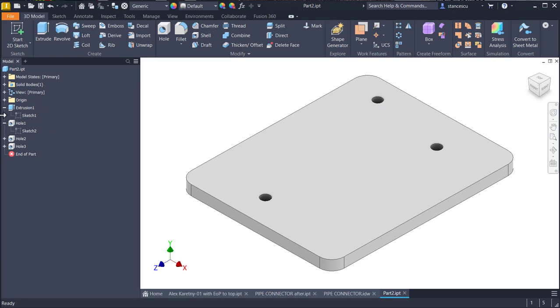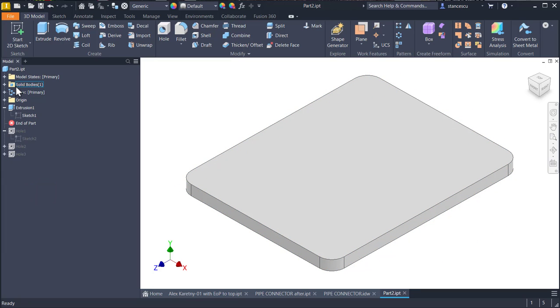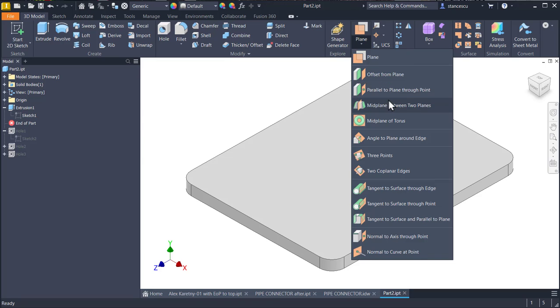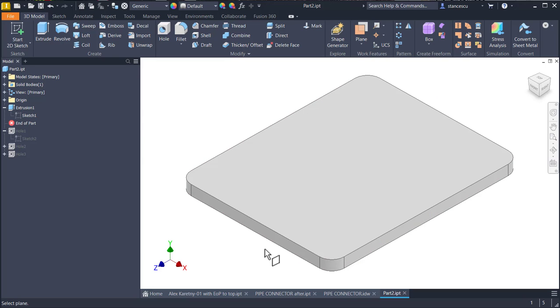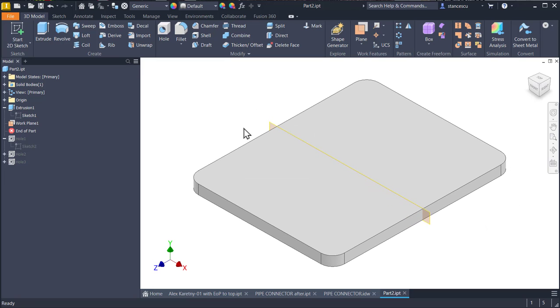This is why we move the EOP just here after the first feature, and now I create a plane, mid-plane between 2 planes, between this plane and this plane. And now I can move the EOP to the end,